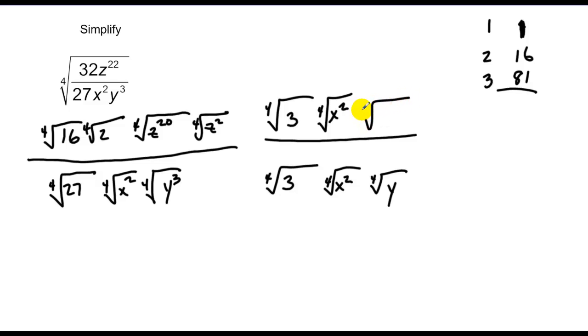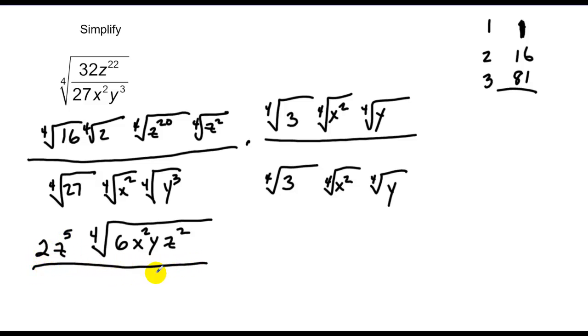So let's go ahead and do that. And in this case, I'll start pulling all my perfect fourths out. Fourth root of 16 is 2. Fourth root of z to the 20th is z to the 5th. None of these are perfect fourths, so I multiply what's left. That's the fourth root of 2 times 3, which is 6. Use my x term first, my y term second, and my remaining z term